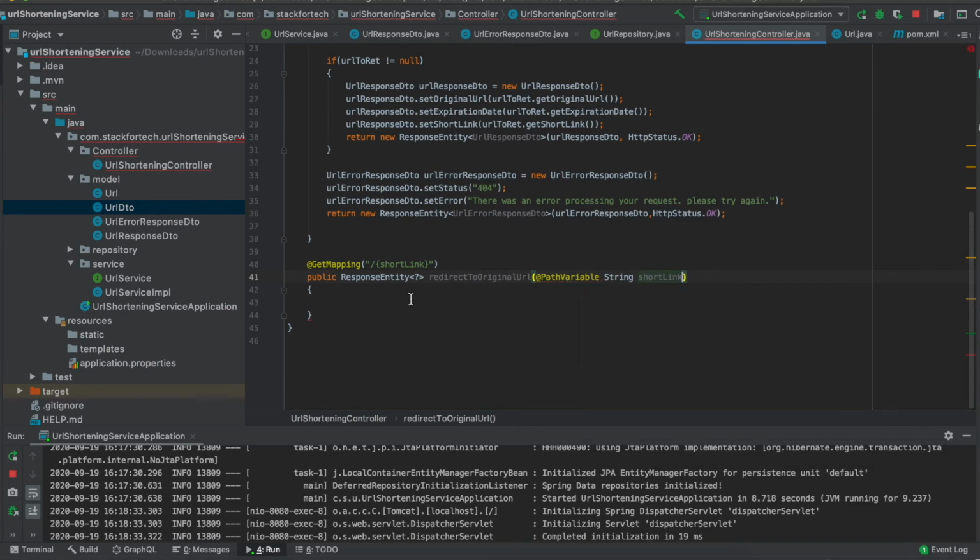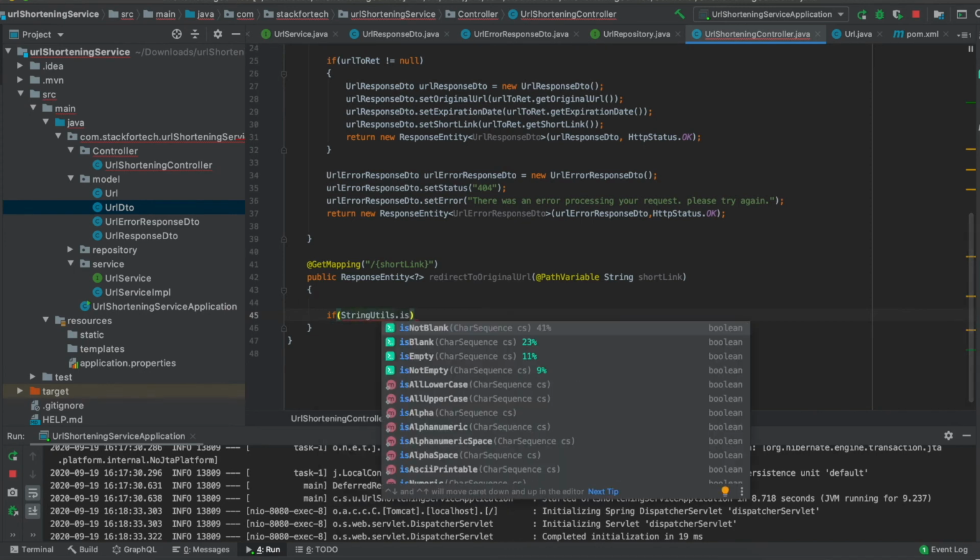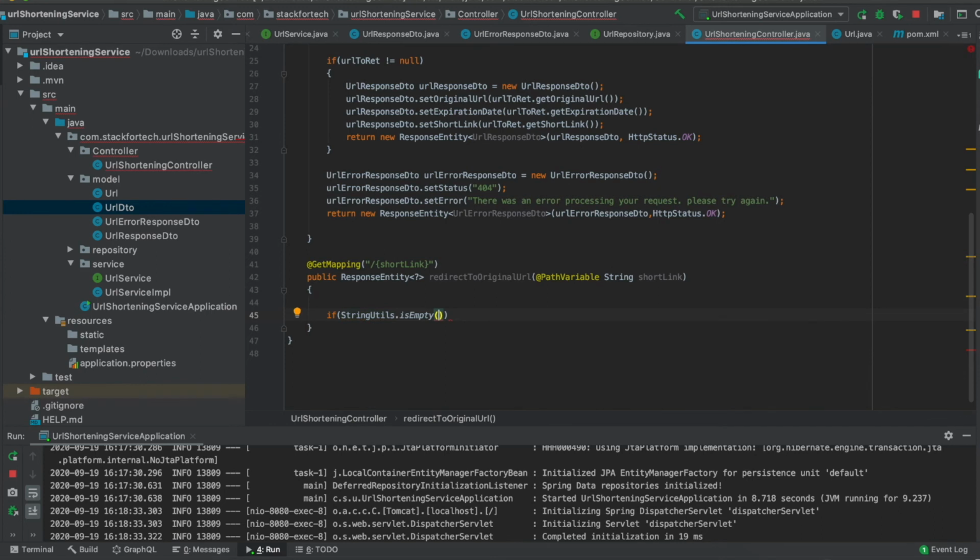With the use of this short link we have to redirect the user to the original website, but before redirecting we first have to verify whether this short link exists in our database or not. If the user is randomly putting some garbage value, then it should not try redirecting to the original website. So the first thing we need to check is whether it is empty or not. So StringUtils.isEmpty(shortLink), and if it is empty we have to throw an error response.